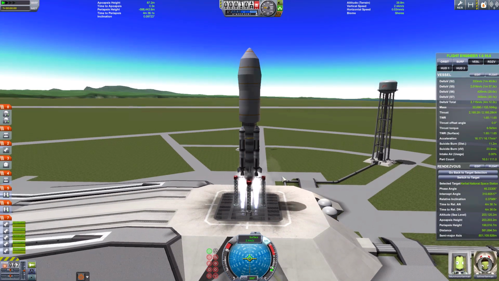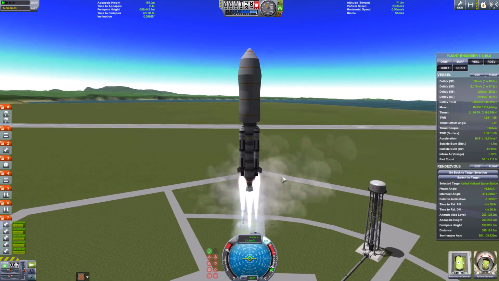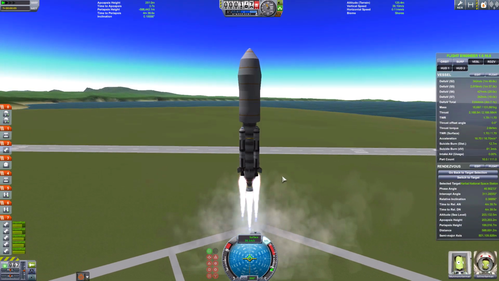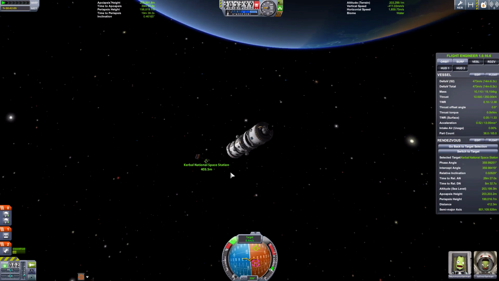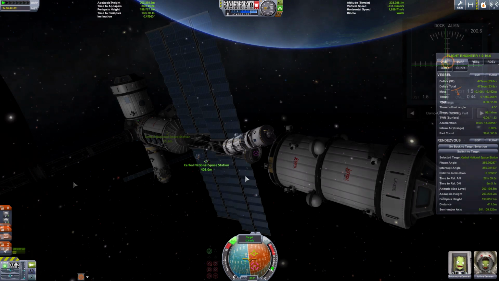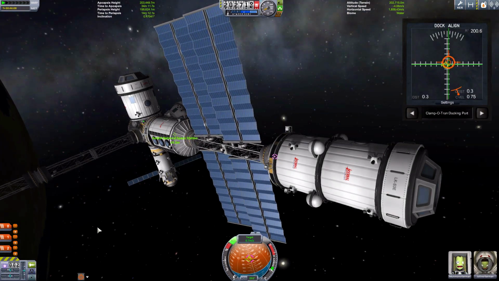But now it's for a habitat module. This is what we need to get to the manned space station. So a quick cutscene to get it into orbit and dock it to the space station. And by the way,